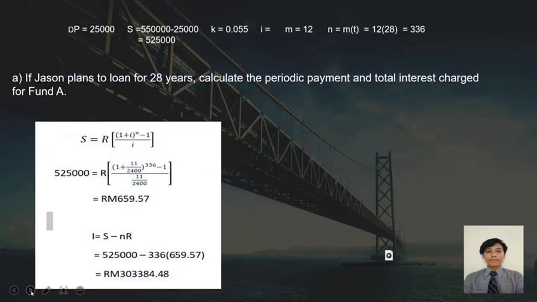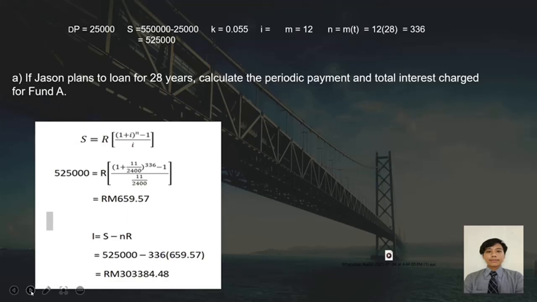Question A. If Jason plans to loan for 28 years, calculate the periodic payment and total interest charge for Fund A. To answer this question, we will use the formula S = R[((1 + i)^n - 1)/i]. Find the periodic payment: 525,000 = R[((1 + 11/2400)^336 - 1)/(11/2400)]. And the answer is RM